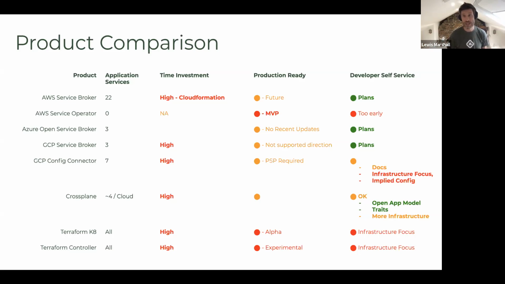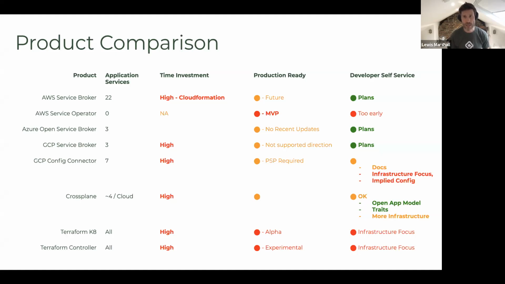Crossplane is worth a mention in this space because it's got the backing of Microsoft and Alibaba Cloud, and it's also got some interesting ideas around the Open Application Model and traits, but in reality, it's an extremely complicated piece to manage, and it's early days for that project. High hopes.